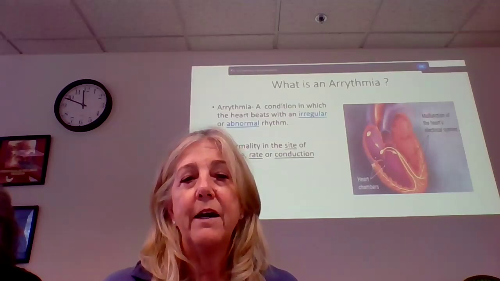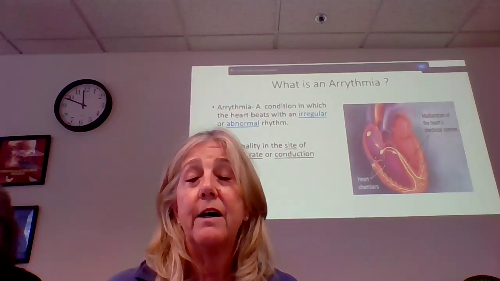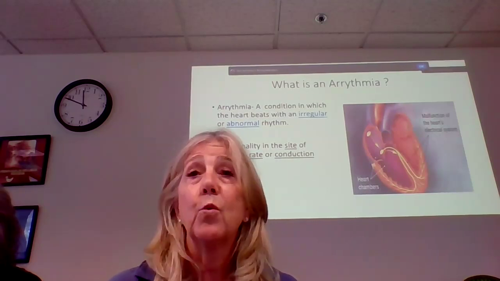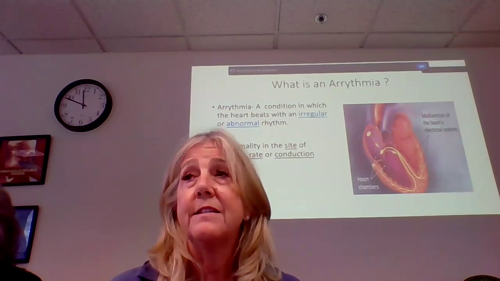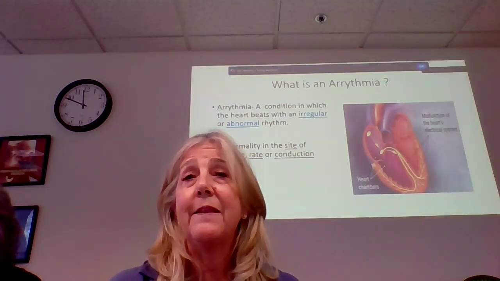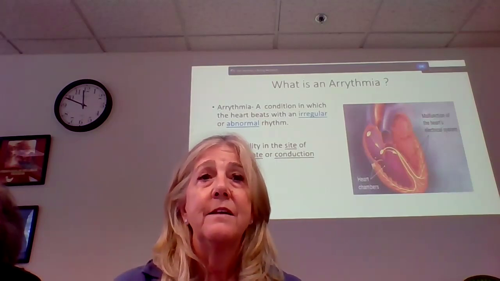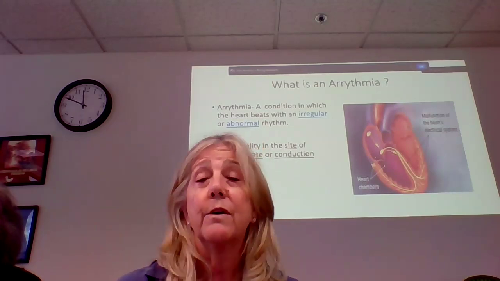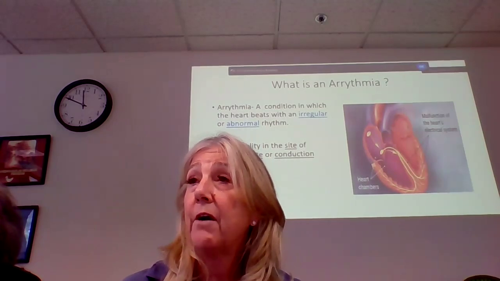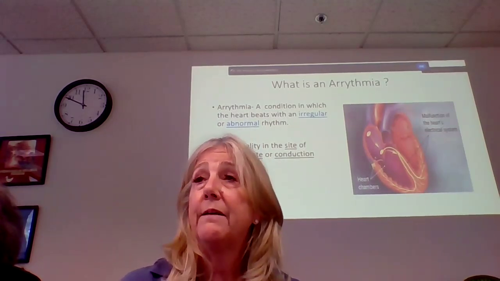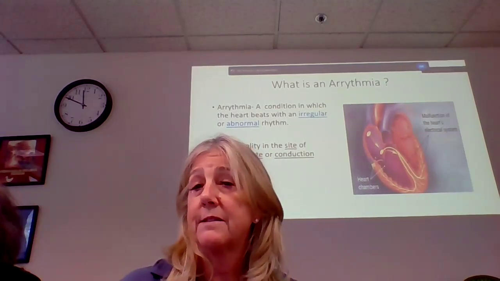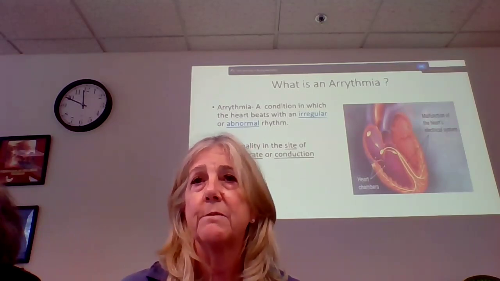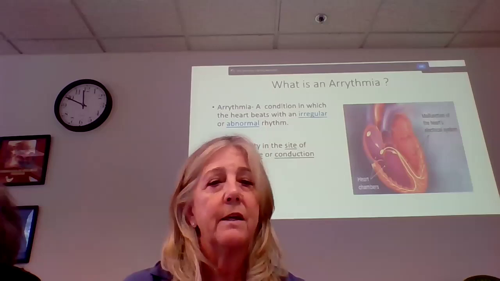what is an arrhythmia? It's just a condition in which you have irregular heartbeats or you have an abnormal rhythm of some sort. And the way that they categorize it is either by the site of where the problem is, or by the rate of the heart rhythm, or by where the conduction problem is. So you'll hear all different names of different rhythms called, but they're all based on kind of one of these